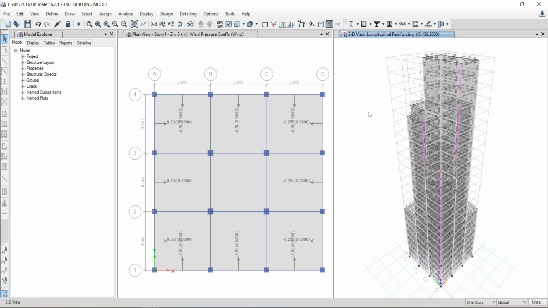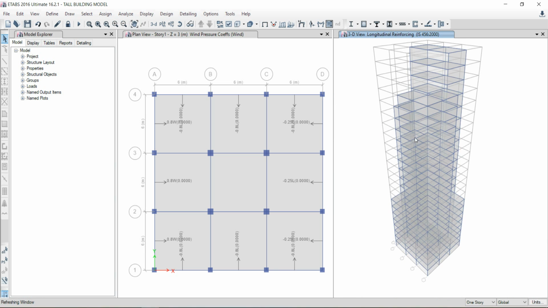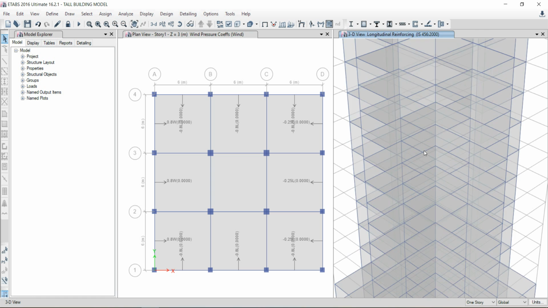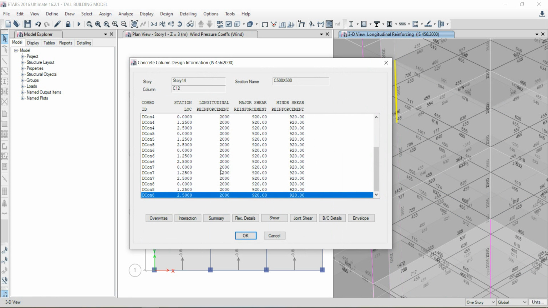As the design is complete, you can see the longitudinal reinforcement values over the structure. We select one of these, so it will show us the longitudinal reinforcement, major shear reinforcement.